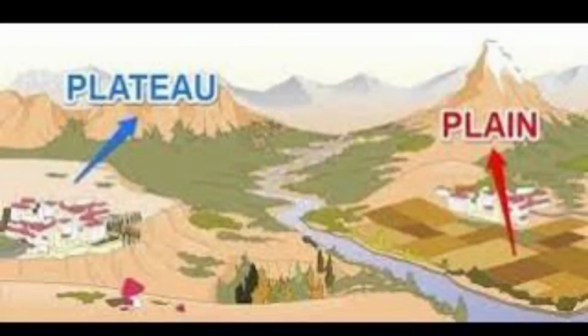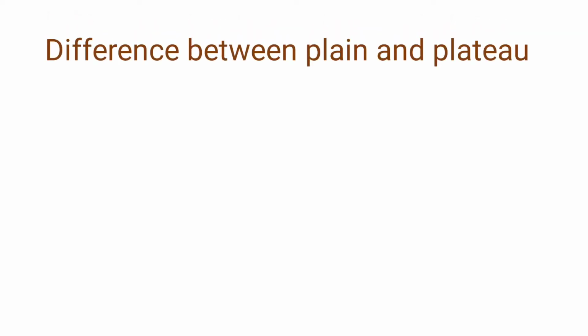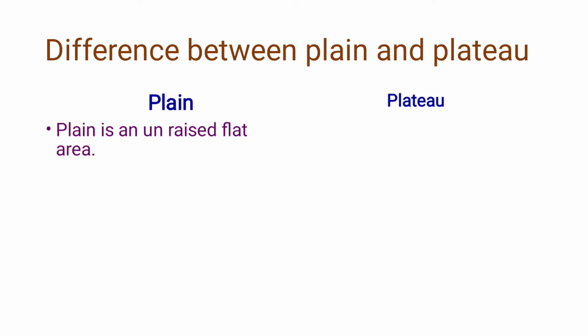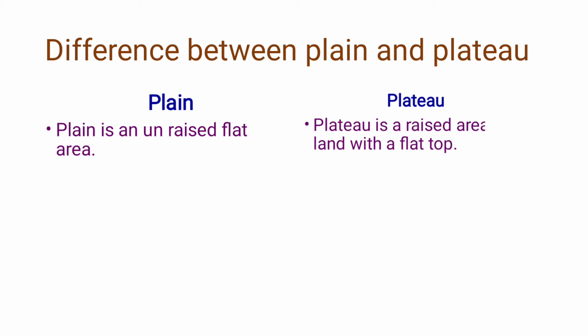Here in this picture you can see a plateau is a highly raised platform, and a plain is lower than a plateau. Now what are the differences between a plain and a plateau? There are certain points we can go through. That is, a plain is an unraised flat area. Children, mostly all of us stay on a plain. Agriculture is done on a plain, and a plateau is a raised area of land with a flat top, where agriculture